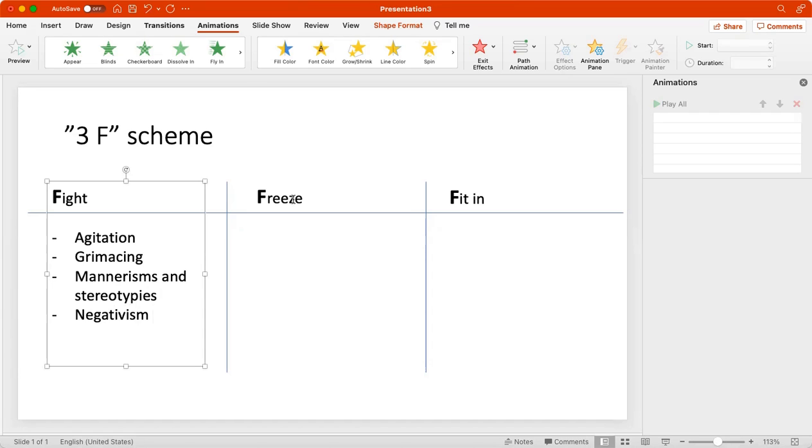Let's move on to the freeze category. The category most people I think are familiar with. What does a squirrel do if it sees a snake? Well, it might freeze to death. This phenomenon is known as tonic immobility. It is a way of avoiding or deterring predators. The state of tonic immobility has a lot of similarities with catatonia symptoms, such as stupor,